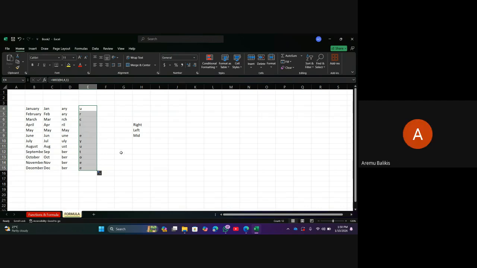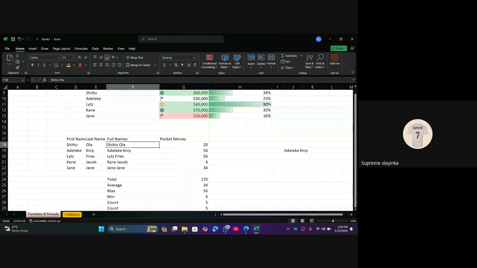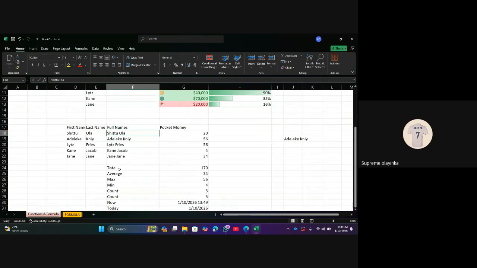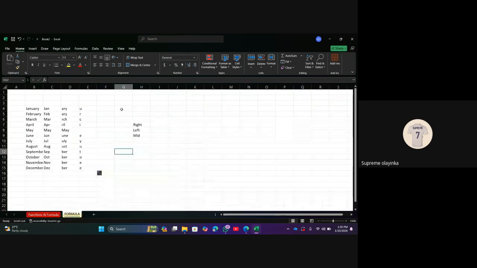Now you understand how to use right, left, middle. I think that we've used quite a lot of formula now. We've used all of these functions and formula. We have also used right, left, and mid. I think you understand it a bit better now. Now, let's try to move it up a little bit. Let's try to do